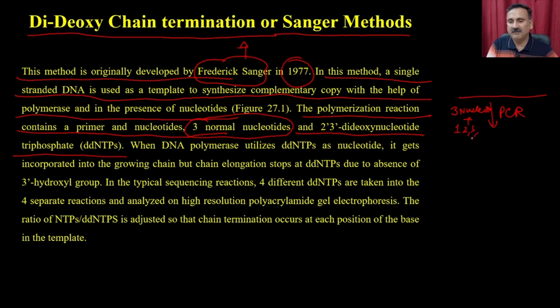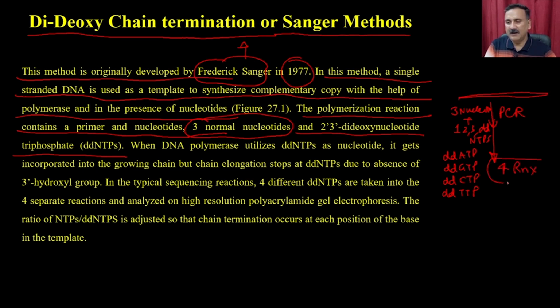2',3' ddNTPs. So you are going to run multiple reactions for the same DNA, but you will change the ddNTPs. In some cases you are going to take the ATP, in some cases you will take the GTP, in some cases you will take the CTP, and in the other case you will take the TTP. Okay, so this means for every DNA sequence you are going to run the 4 reactions, and